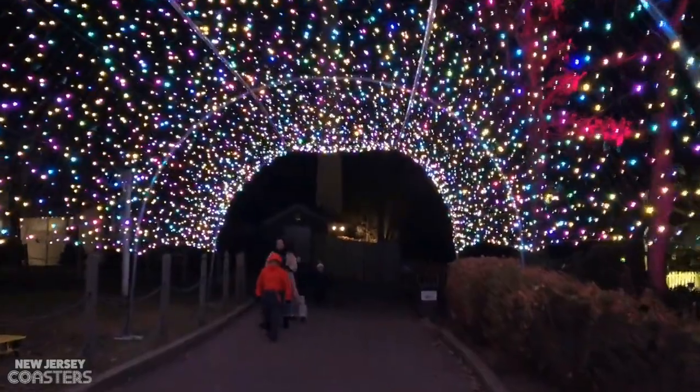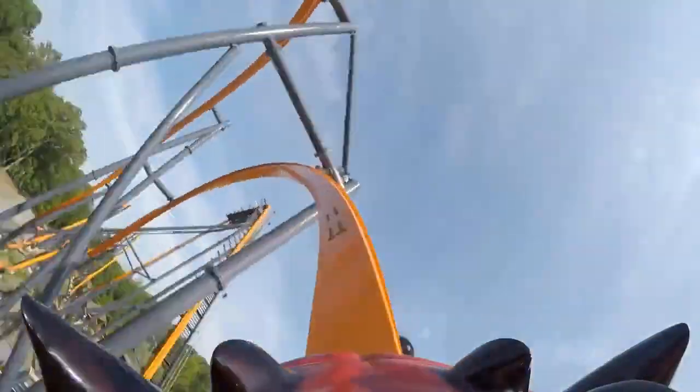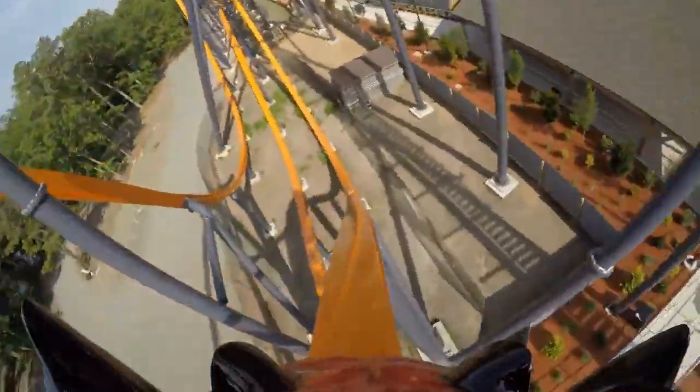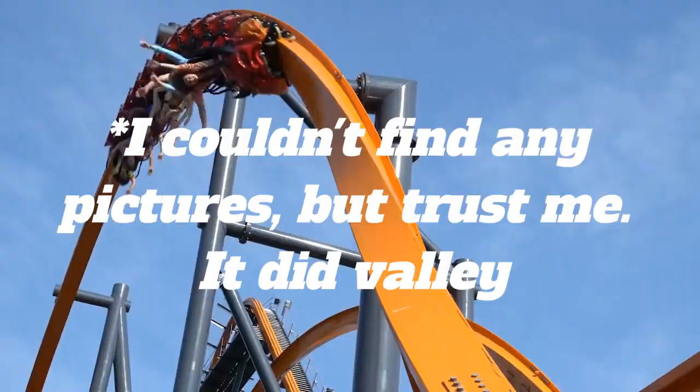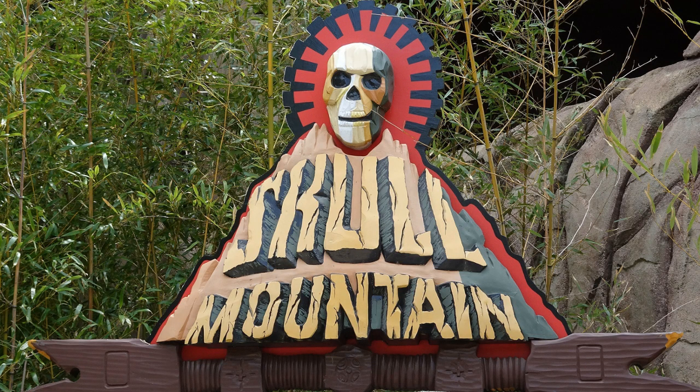First thing, we got into the park and started heading for the right side of the park towards Jersey Devil to see if that was open. The ride had just debuted about a week or two prior, so I wasn't sure if it was going to be open. On the way though, we decided to hop on my arch nemesis, Skull Mountain, which, if you've been watching the channel for a while,